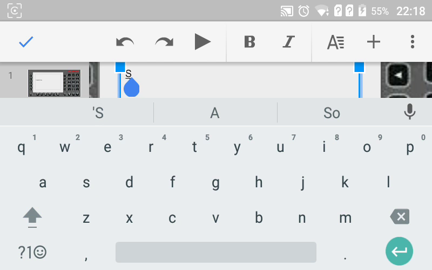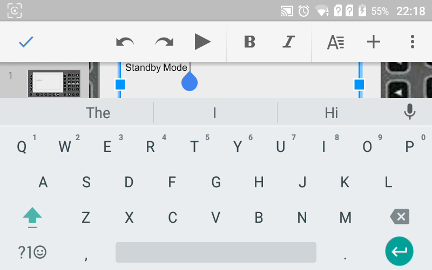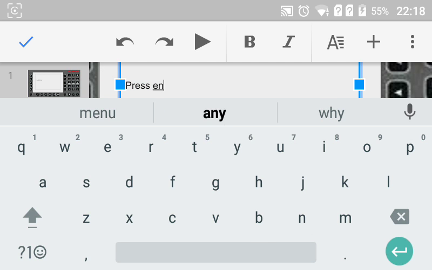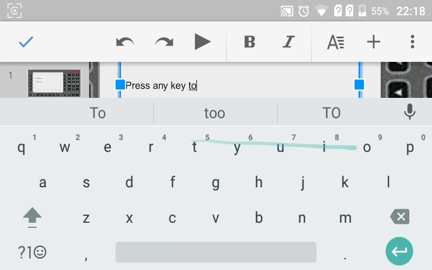Right, did I type that? I swear I typed standby mode. Yeah, I did. Standby mode. Press any key to